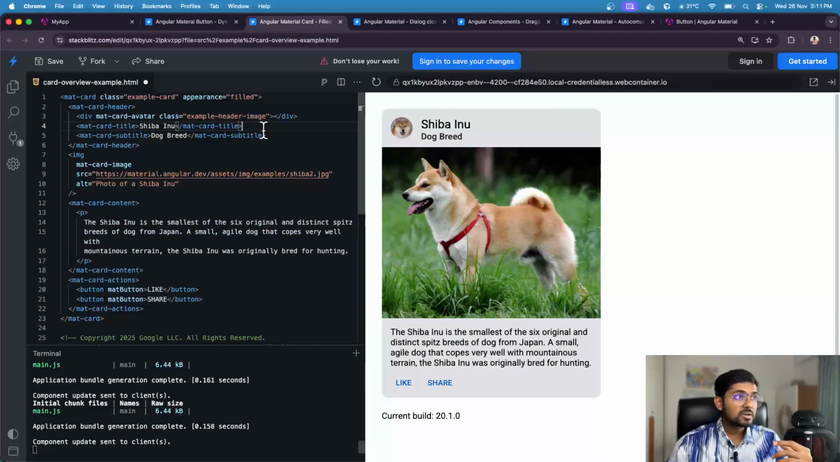Next is Angular Material card. They have added a new variant for appearance, which is filled variant. This is also one step towards Material 3 design guidelines. So if you apply appearance equal to filled, the card will look like this. Other appearances are